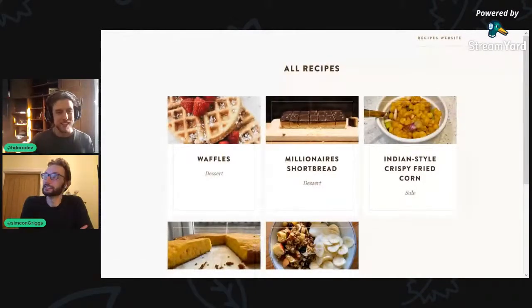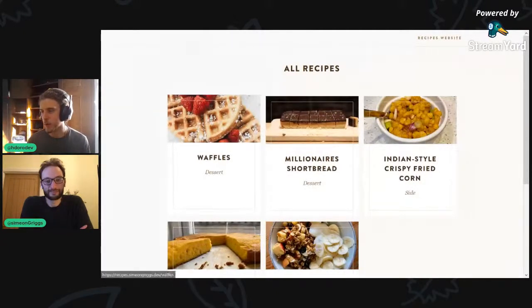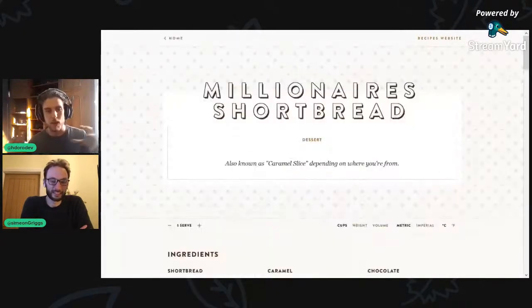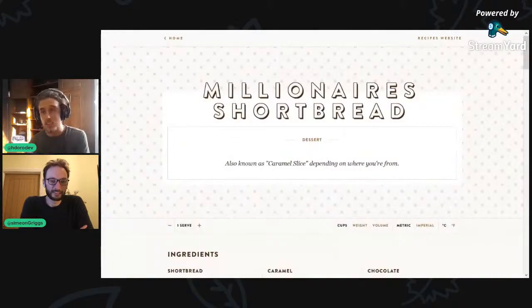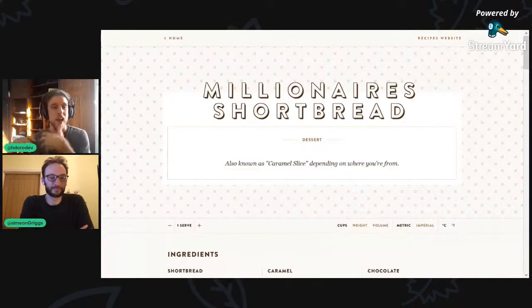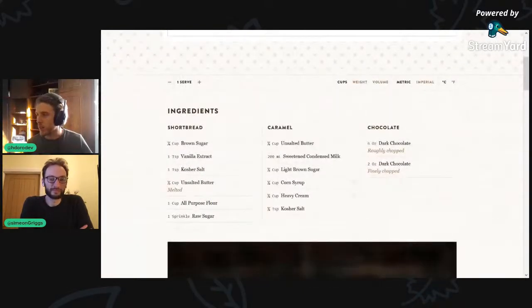It's a very minimalist and nice looking design, but the really interesting thing about it is that he designed and built the content structure based on how recipes online could be better. So for example, you can convert, as you can see here, we are doing cups, but we can convert that to weight. And now, I guess,